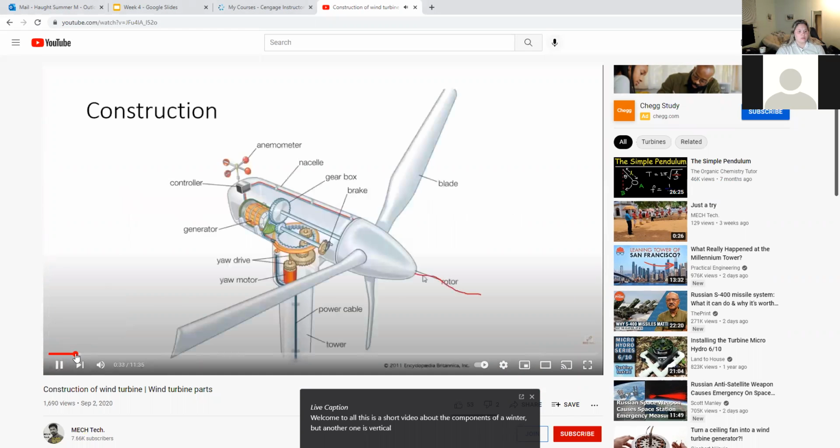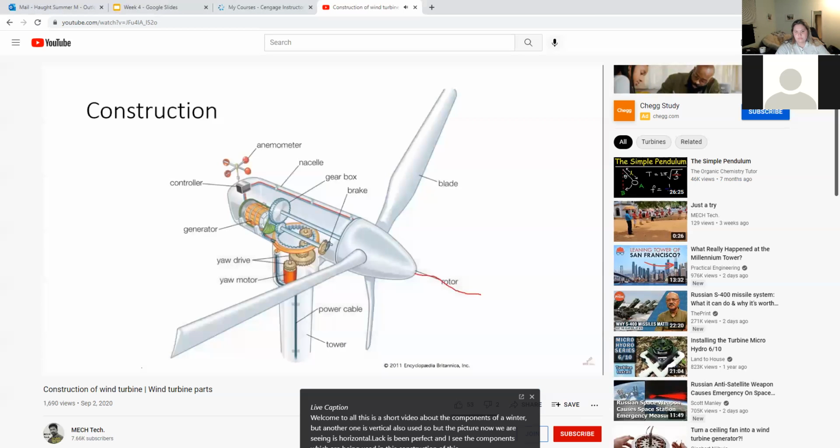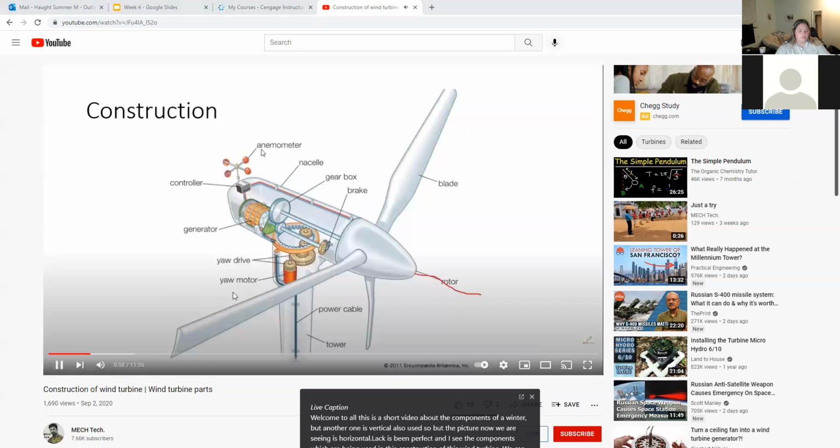think Another one is Vertex are also used. But the picture now we are seeing is that horizontal axis wind turbine. Let us see the components which are being used in this construction of this wind turbine. We can see at the rear side of the wind turbine there is a thing called anemometer. So anemometer is actually Actually, on a basis of time, I'm not gonna watch this, but that is in there